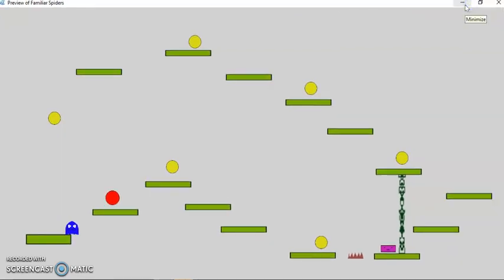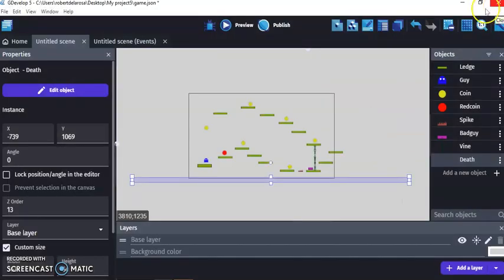All right. There we go. So now we can actually test without being super annoyed. I still can't make that jump, but that's okay. All right. Now let's go on to